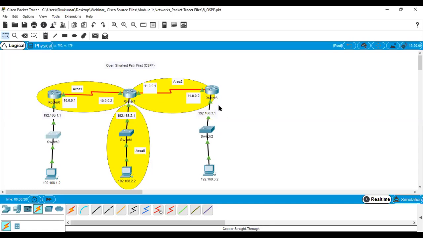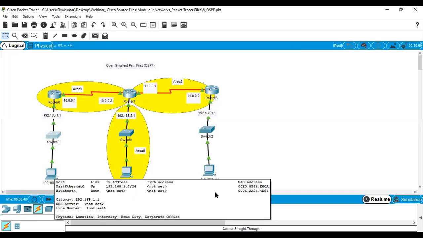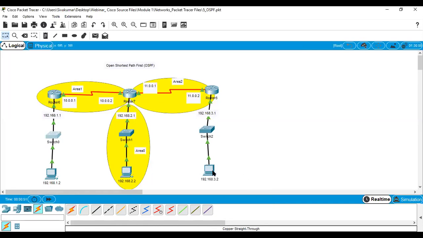Now, how can you check the data packets from 192.168.1.2? I want to move the data packets to 192.168.3.2. This is the destination address, and this is my source address. I want to check.